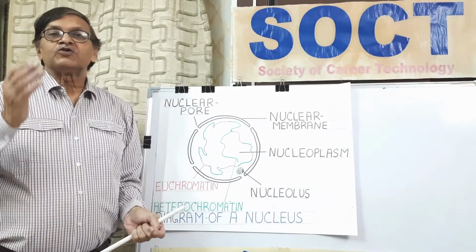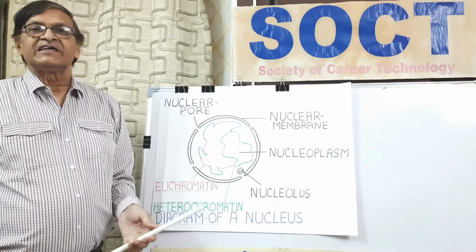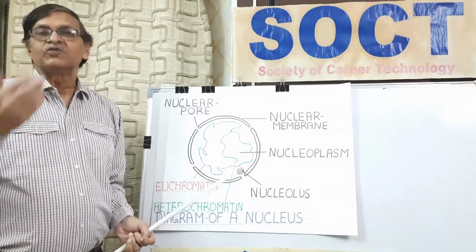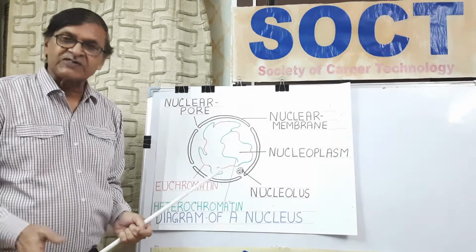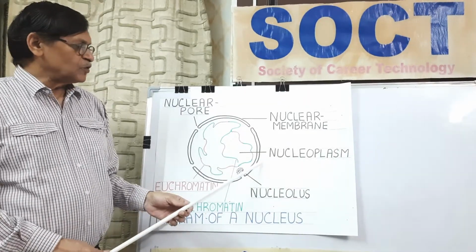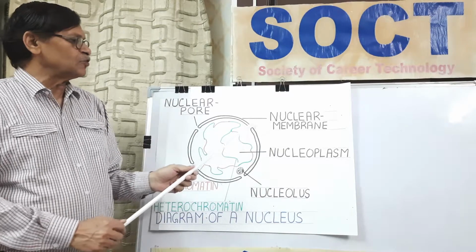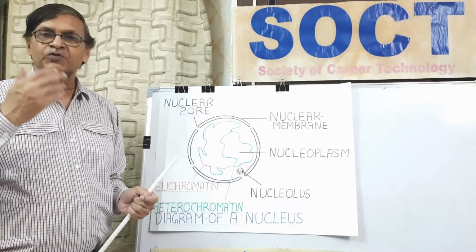Today we will talk about nuclear pore complex. You know that in all cells one or more than one nuclei are found, and when we observe by electron microscope, this nucleus has been found to be covered by a double nuclear membrane, a space in between which is called nuclear envelope.